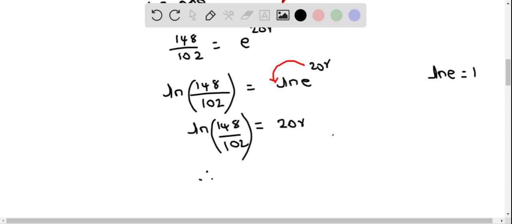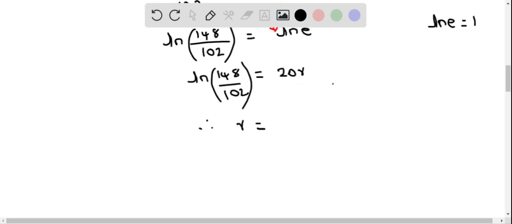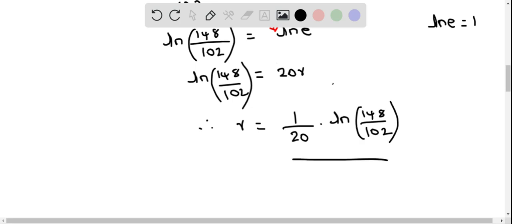Therefore, we can now solve for r. So we get r equals, we have to divide both sides by 20, natural logarithm of 148 over 102 divided by 20. So we have to determine this value of r by plugging the right side expression into the calculator. And when we do that, we get the value of r, and this is approximately